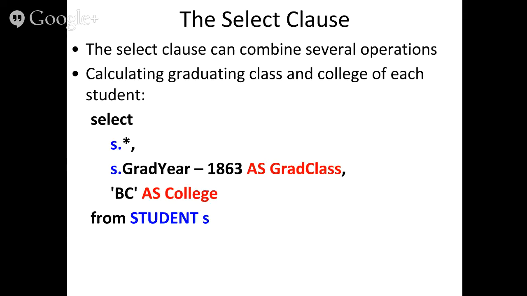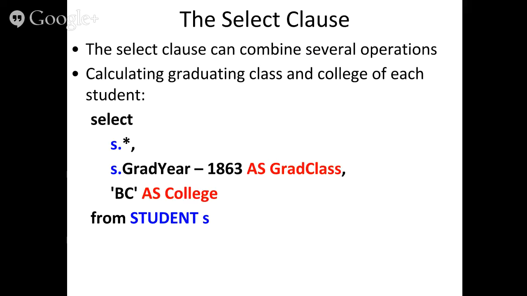So this is calculating on the fly a new value, a new integer, a new whole number, and we are putting it under a brand new column that didn't exist, which is grad class. So when we run this, not only are we going to have fields that come from the original table,